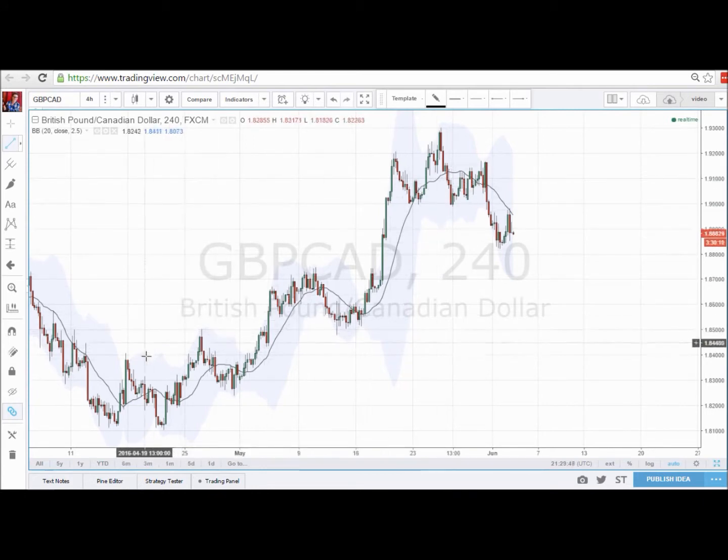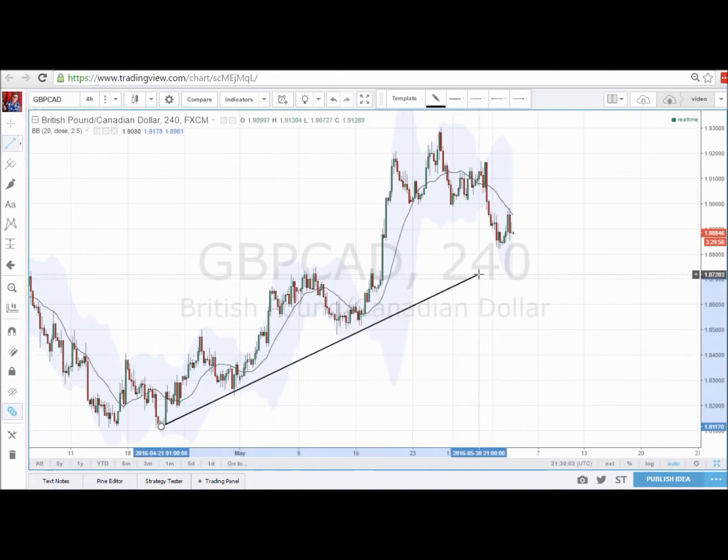in this uptrend. Here were some very clear swing highs and swing lows along the way, and now we will start and mark the first swing low. Then we connect it here with this second swing low. Now we drag the trend line going forward, and we can already see that price is also respecting the trend